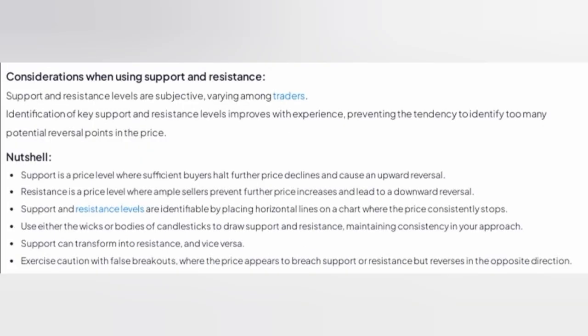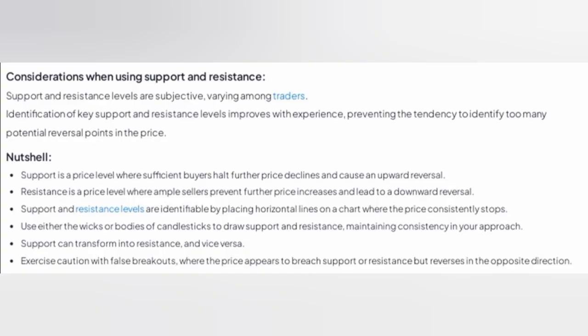Considerations when using support and resistance. Support and resistance levels are subjective, varying among traders. Identification of key support and resistance levels improves with experience, preventing the tendency to identify too many potential reversal points in the price. Nutshell. Support is a price level where sufficient buyers halt further price declines and cause an upward